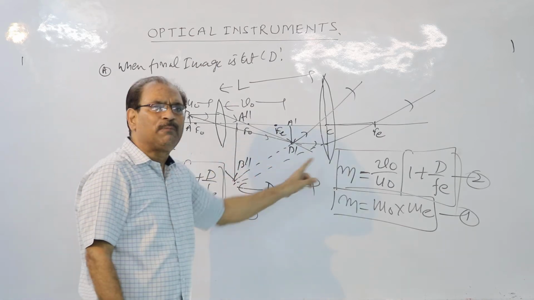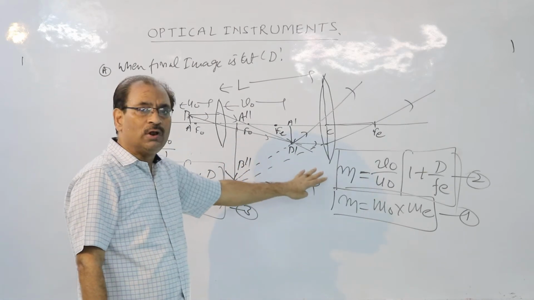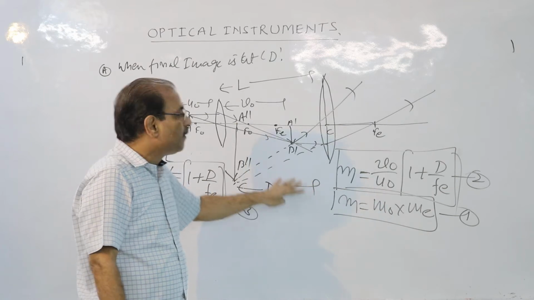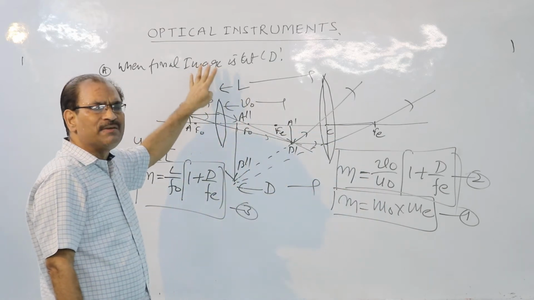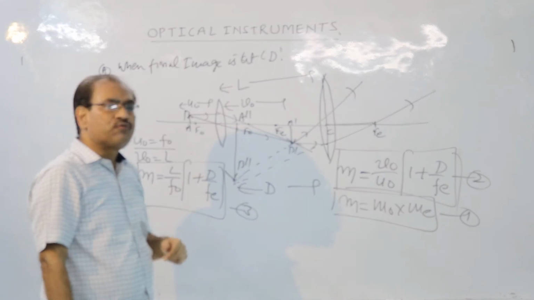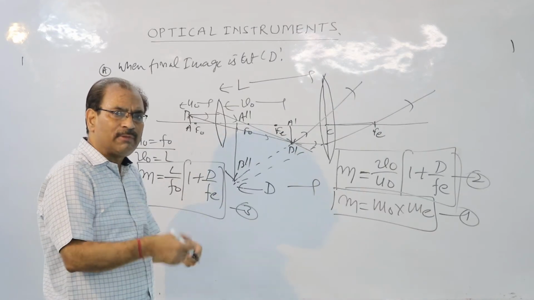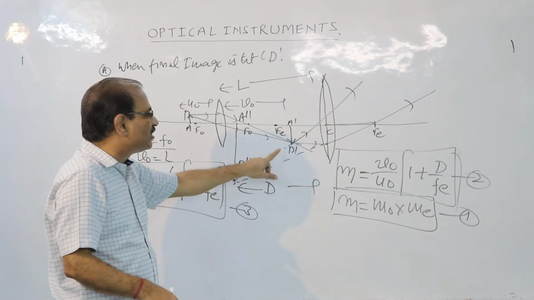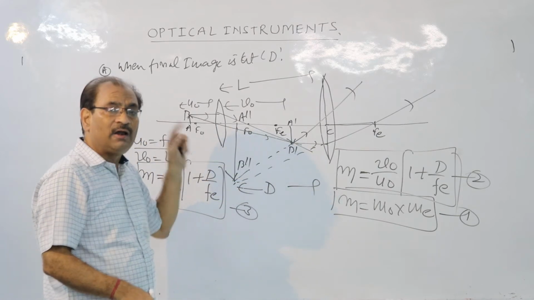Children, as far as the simple proofs are concerned, I shall be giving you these proofs in the notes. Alright, this is our case number 1 for compound microscope. Now, let us focus on case number 2. Case number 2 says, what happens when the final image is formed at infinity and how the image is